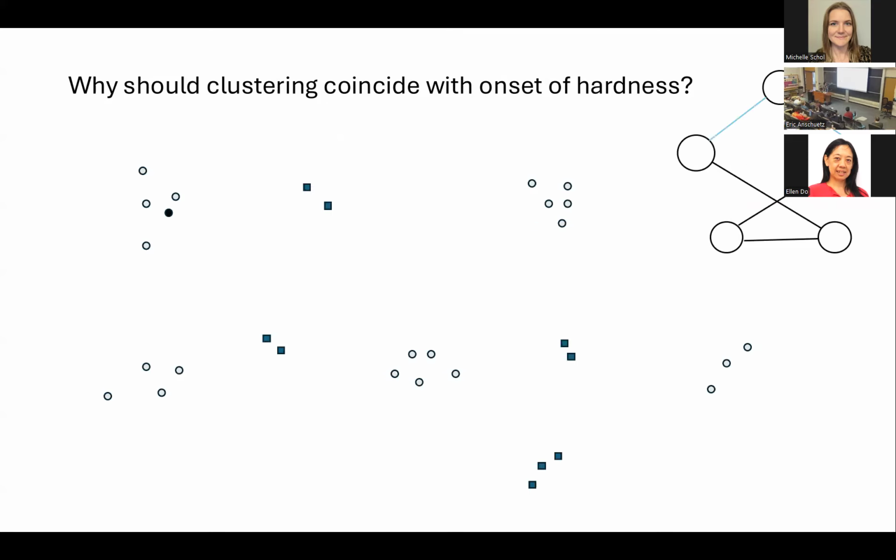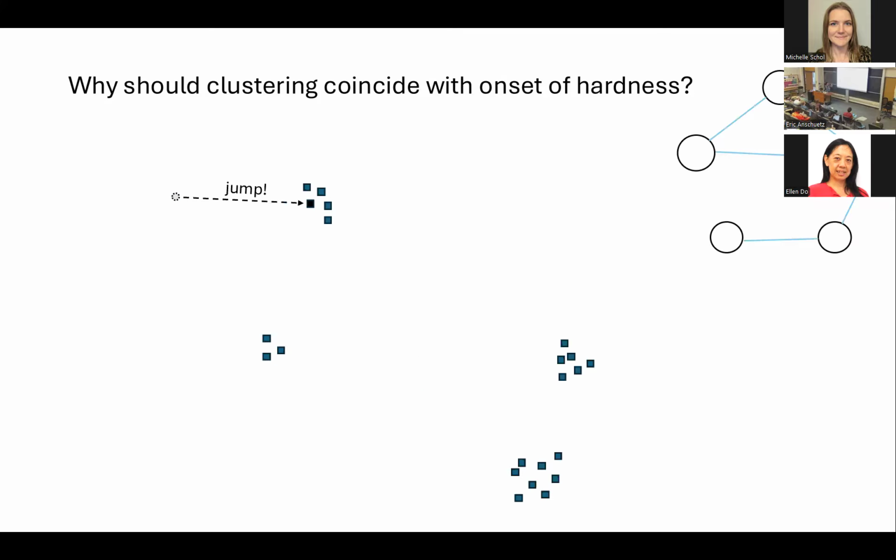Well, as I resample these graphs, if my algorithm is achieving a high approximation ratio, it should be outputting one of these configurations. But at some point, if you do the analysis more carefully, it turns out it's going to have to jump from one cluster to another. Because by the time I've resampled all of these edges, it's an independent instance. So these clusters should be uncorrelated with my initial clusters. And because I have this jump,